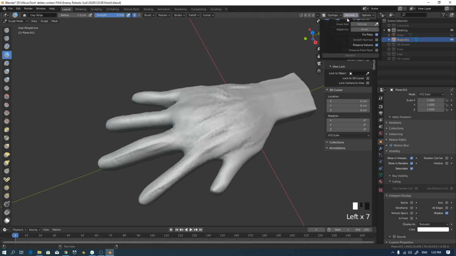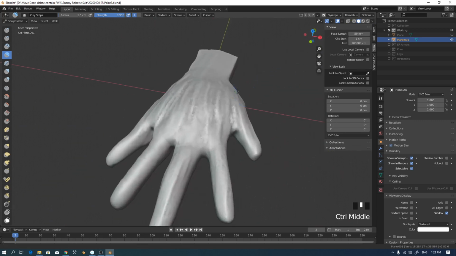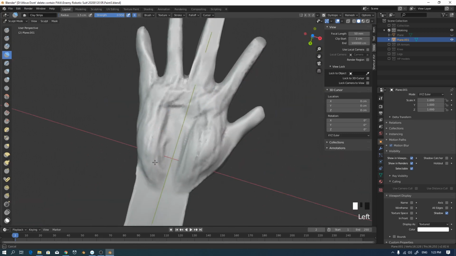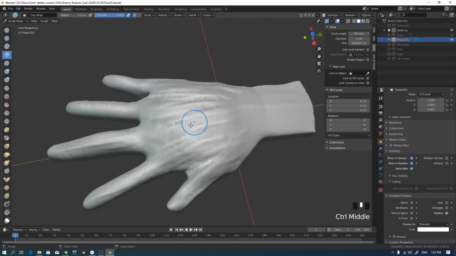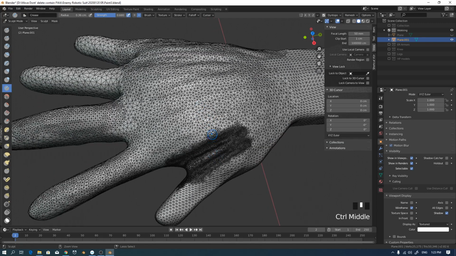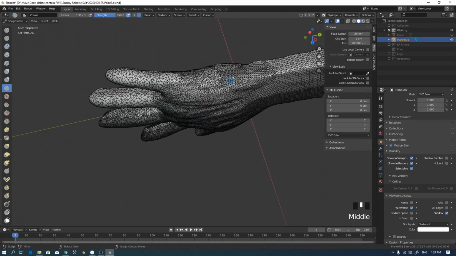With remesh you will calculate how dense to get your topology, the polygons to retain your details, and you cannot reduce the poly count on the fly because you will lose the details for the whole model. So if I create some details in this area, details are stored in this area, you see this area is dense. I don't want some details in this area, so I can remove them by